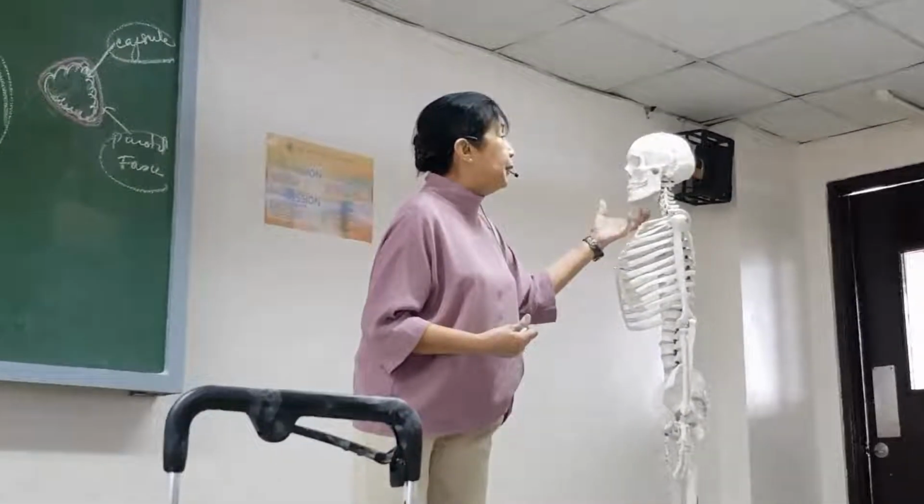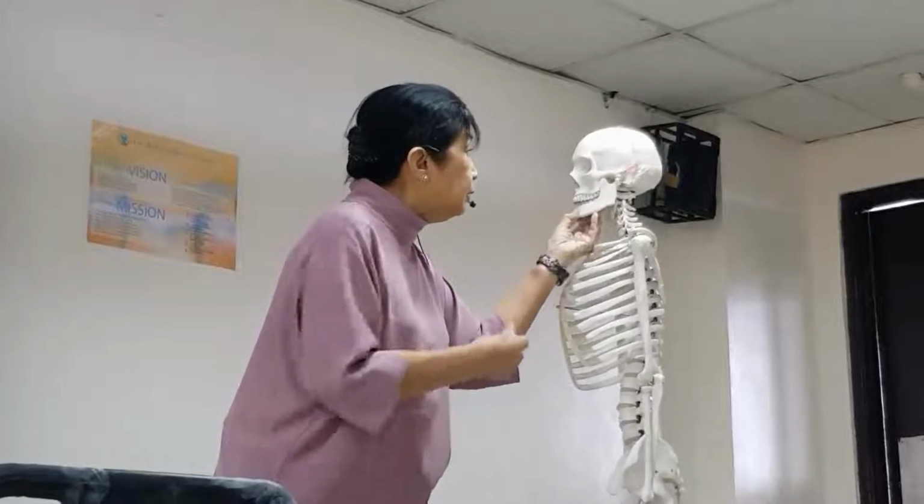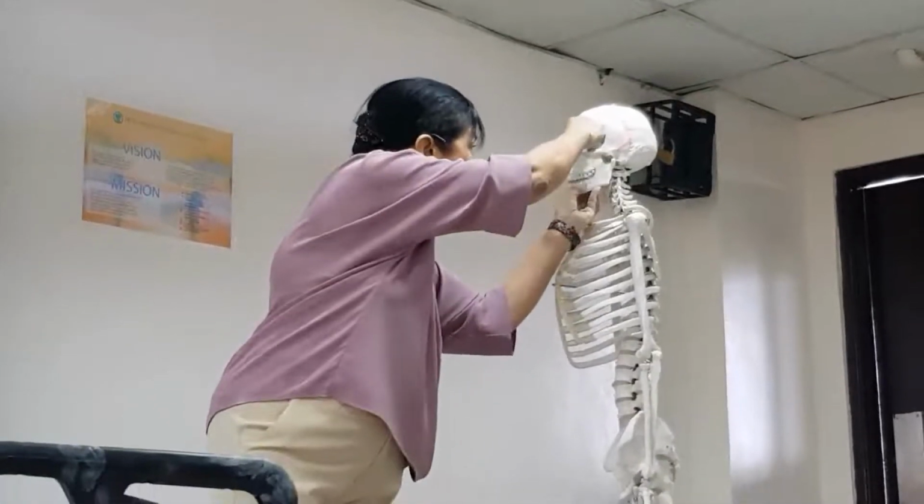You can move it up, elevate. You can elevate your mandible. You close the mouth. You can protract it, move it forward. You can retract it, move it backward, or you move side to side. So the temporomandibular joint is the joint that you use when you